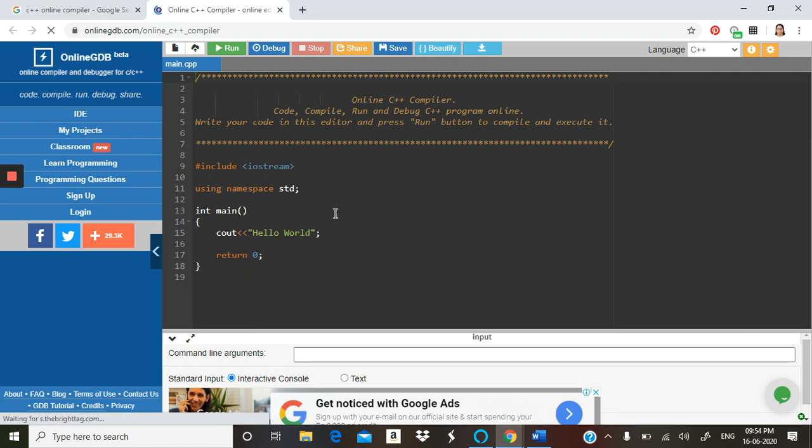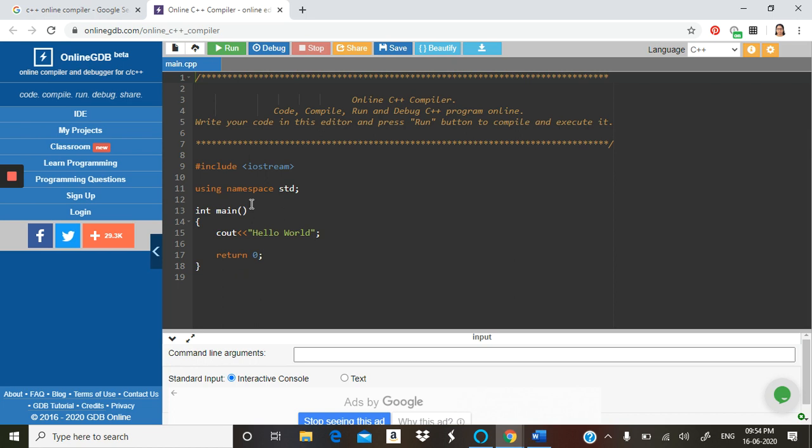Here you can see that the black window is the area where we will be writing the program, and the answer will be appearing at the bottom, the white area. So here you can see include iostream. Here .h is not written because the compiler understands that it is a header file. So in this compiler you need not specify iostream.h. You can write #include in less than and greater than symbols. Inside that you have to write iostream.